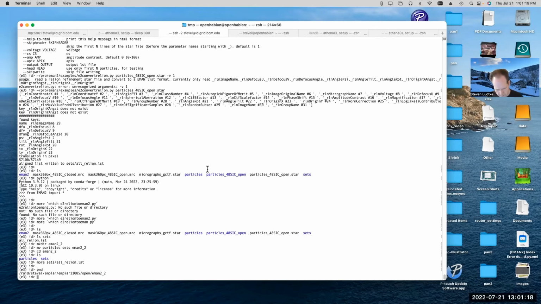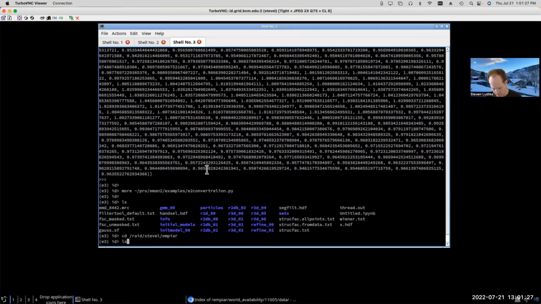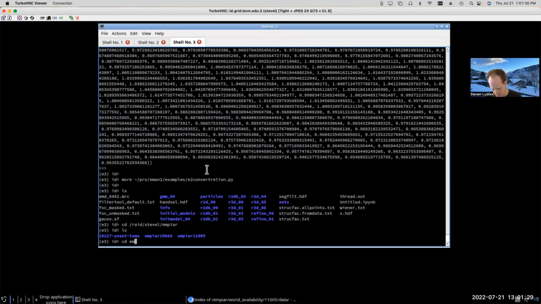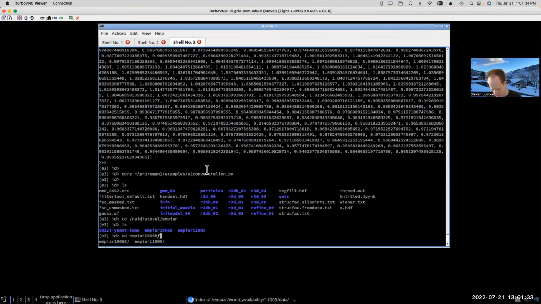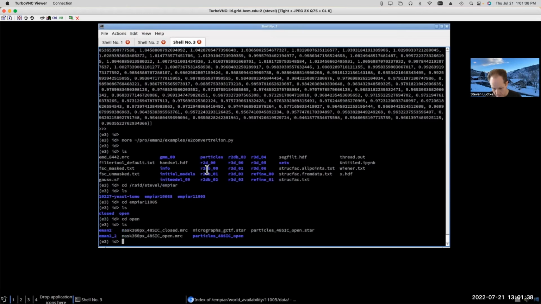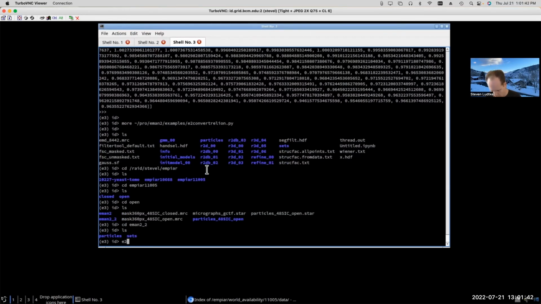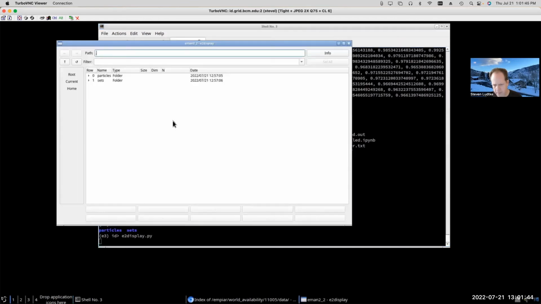Where am I? Let me go here where I can do a GUI interface. Okay, so here's the folder we just created. We do E2 display.